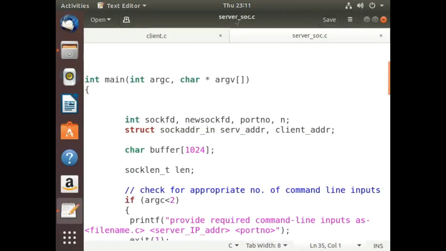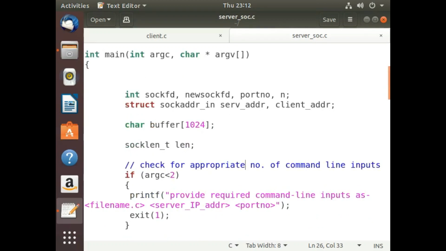Yes. Now you must be able to see the main function of our server.c or sock_server.c program, right? So this is our server's code. What we are doing here is, first of all, when we are going to execute the server, we are going to pass the port number as a command line argument.